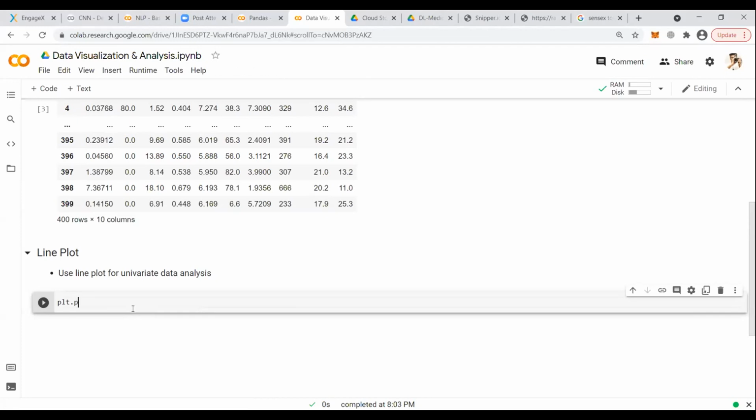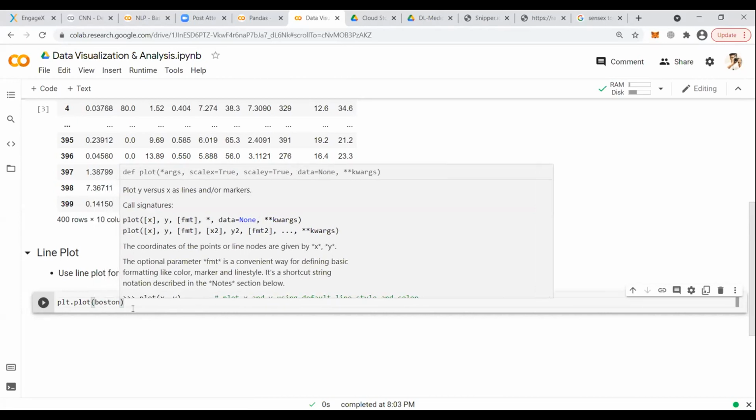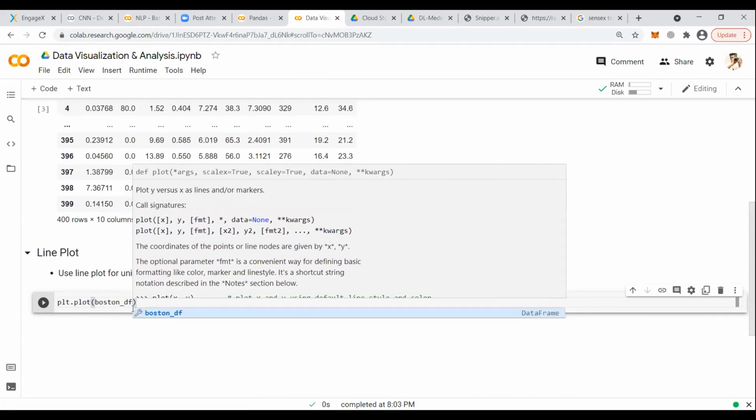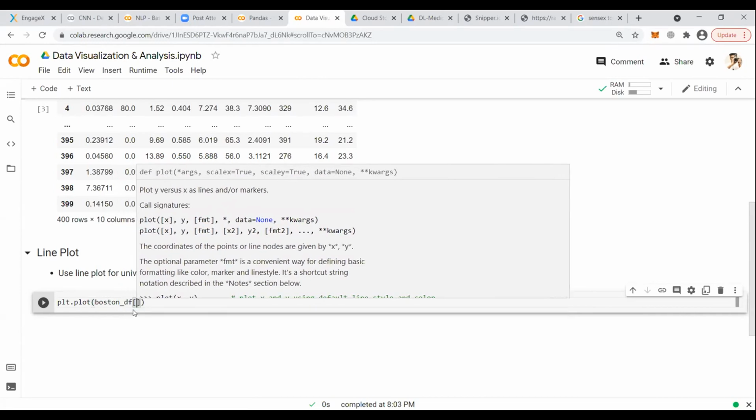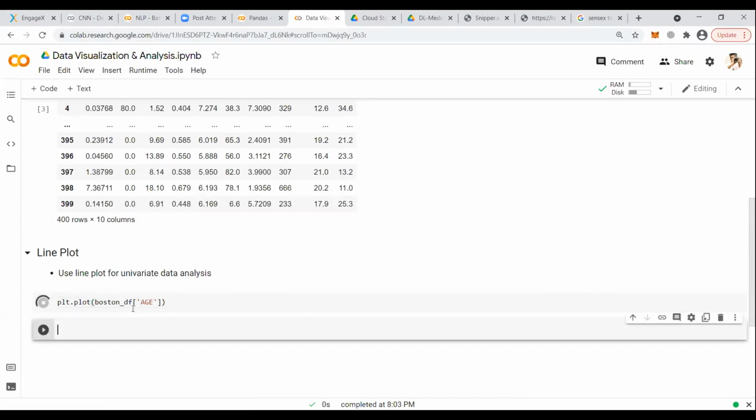Apply plt.plot. We will pick here Boston underscore DF, pick your age, and there you go.